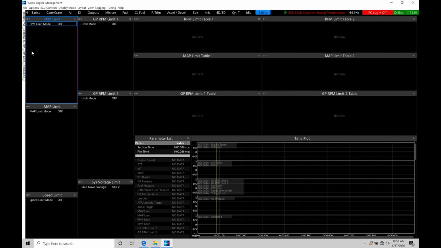So what we're going to do first here is talk about our RPM limit. Within our window here, we can find that we have our RPM limit mode. Now in this situation, as we're looking at it right now, we would not have a main rev limiter applied. So the RPM limit is going to be essentially known as our main rev limiter. Any engine management system, whether it's an aftermarket engine management or an OEM type engine management, so you'll have your OEM ECU, you'll find that they have some kind of a main rev limiter in place. We always have to make sure that we don't over-rev the engine. If we over-rev the engine, we can definitely damage cylinder head components. We could overspin the bottom